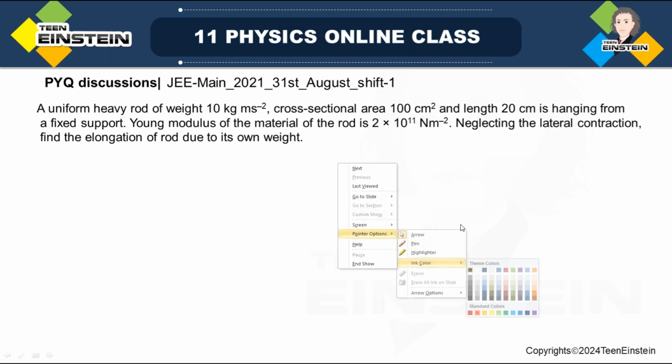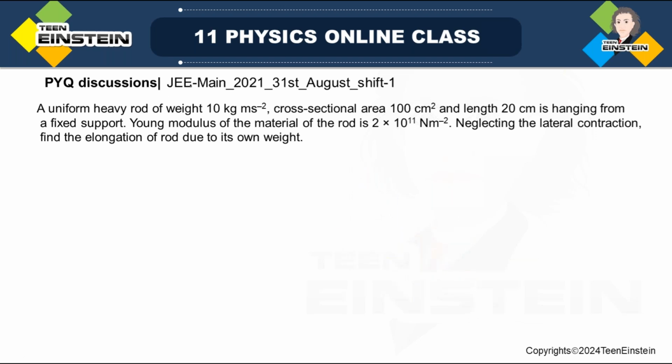Let me change the ink over here. Okay, so today we'll be discussing questions from the 11th part, from this particular question paper, 2021, 31st August, shift 1. All right, so let us start our discussions. The question says a uniform heavy rod of weight 10 kg,